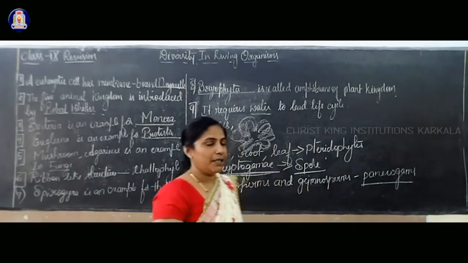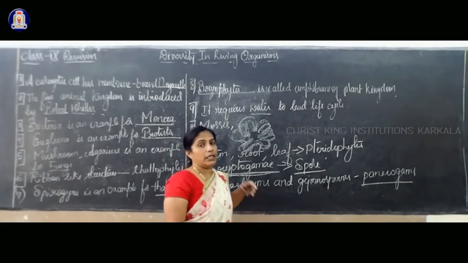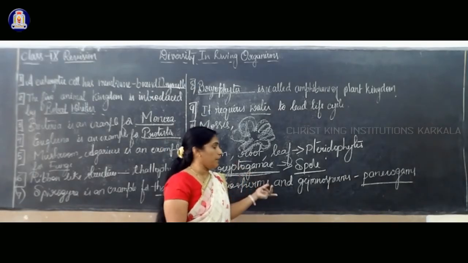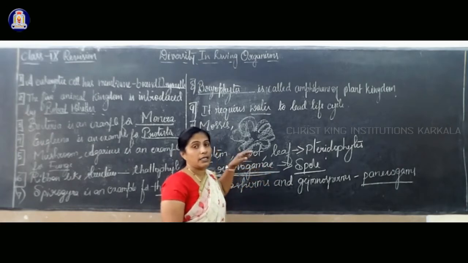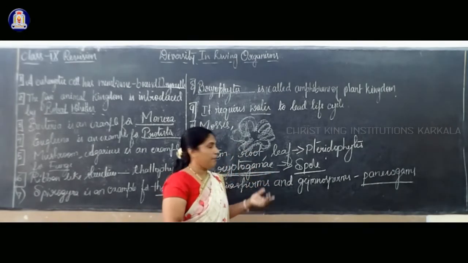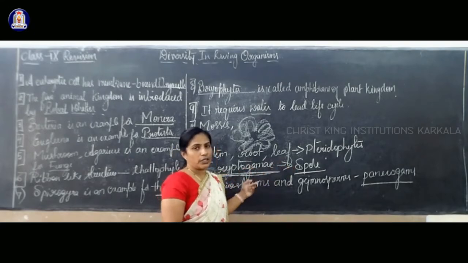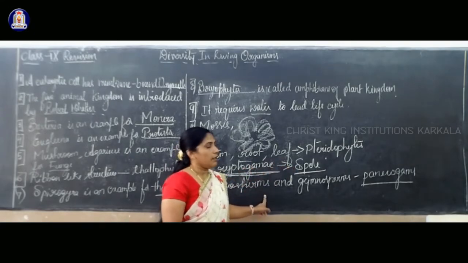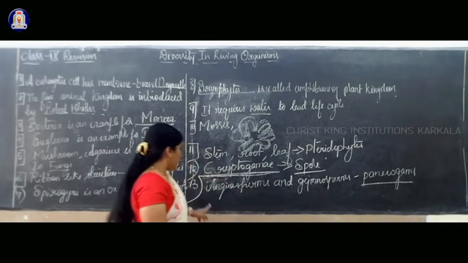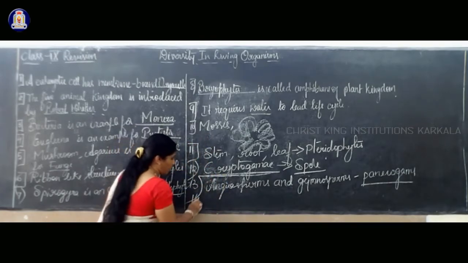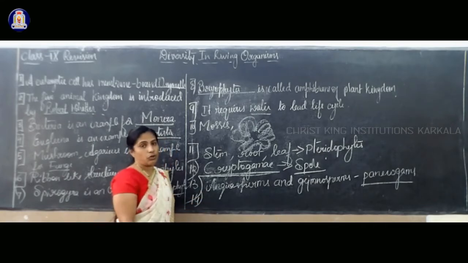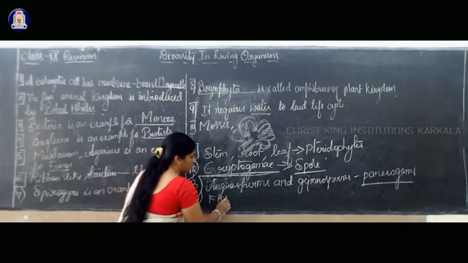Phanerogams are the seed-bearing plants. Maybe a naked seed plant, or a seed with an embryo structure. In cryptogams there is only spore formation, so that's why they are called cryptogams. Now these are called the phanerogams: angiosperms and gymnosperms. Angiosperms are all flowering plants, the majority of flowering plants